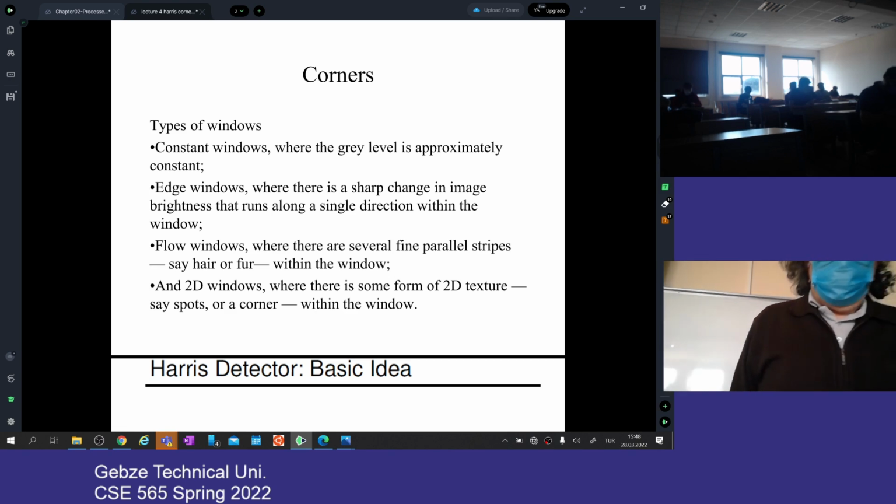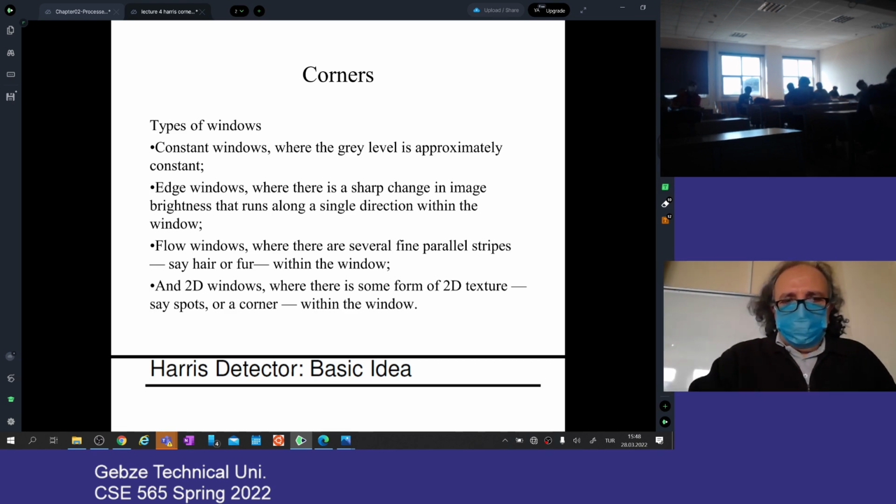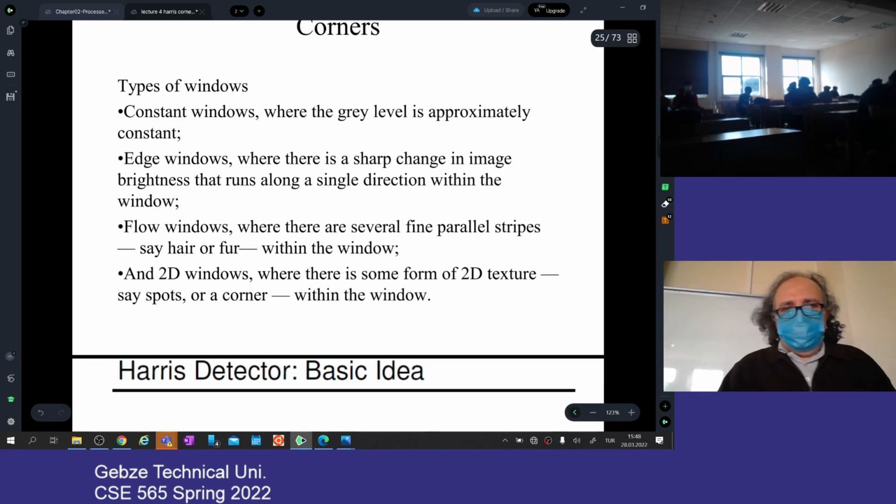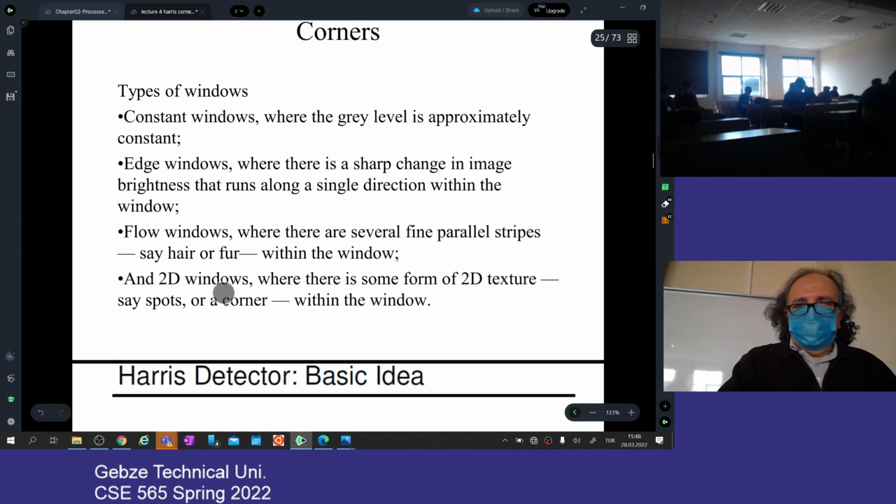So, with the Harris corner detector, the basic idea is this: finding the corner windows